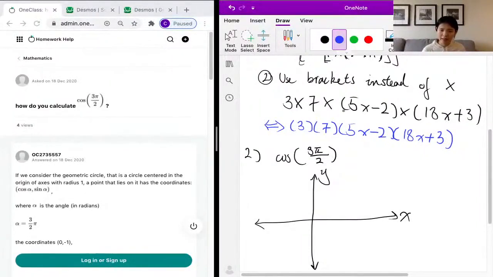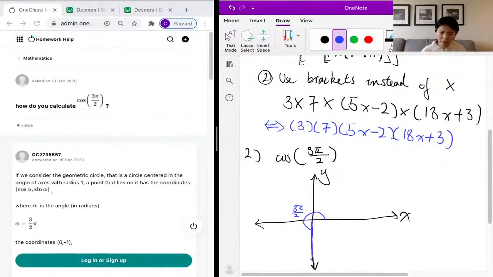We know that angles in the unit circle start from over here. And we know that this is pi over 2, 90 degrees. This is pi, which is 180 degrees. And this is another 90 degrees, which is 3 pi over 2. So the angle over here is 3 pi over 2. And the angle would be